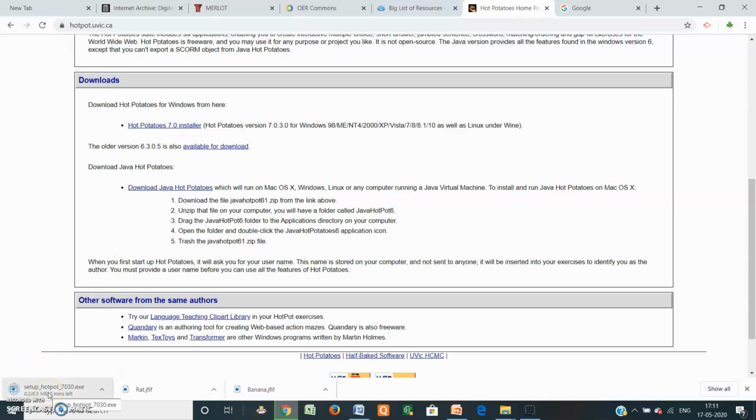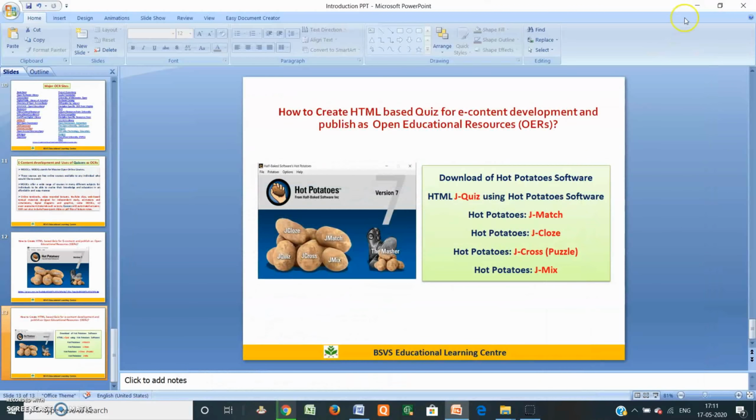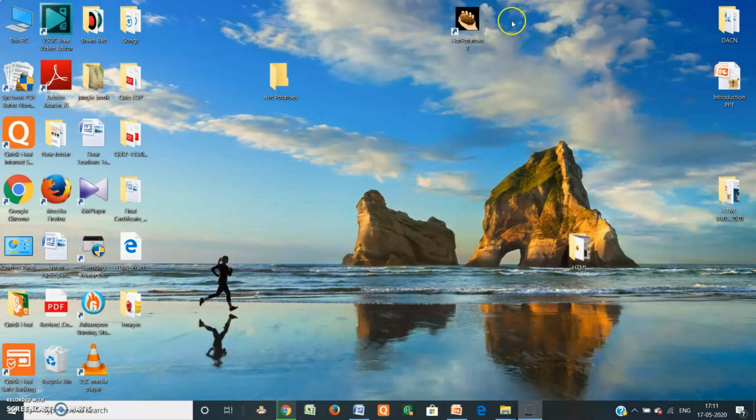So this is the setup at which the process starts, and after completing the process and following the instructions, install this software and it is shown on the desktop. So this is the desktop symbol shown on the laptop, Hot Potatoes version 7.